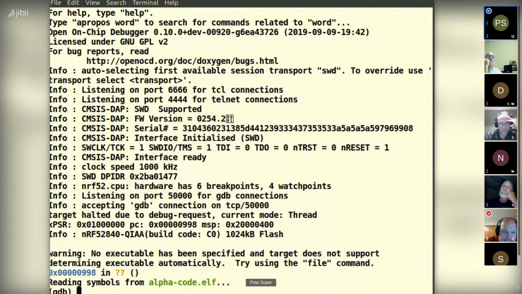GDB uses the minimum abbreviation for all of its commands, and they spent a lot of time arranging for you to do a great deal of stuff with single letters. So L is short for list.